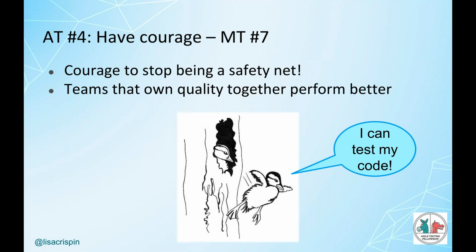So modern principle number 7, everyone can test. That takes courage as well, especially with Britt and Alan's idea about working themselves out of a job. We love our jobs. We don't want to stop doing them. And again, I think that in most domains, we're going to still need dedicated testing specialists. But at the same time, it's clear that when teams leave quality to a few testing specialists, those teams are not going to perform well. Their products are not going to be very good quality because we can't test quality into a product. I think Kim Kainer said that many years ago.